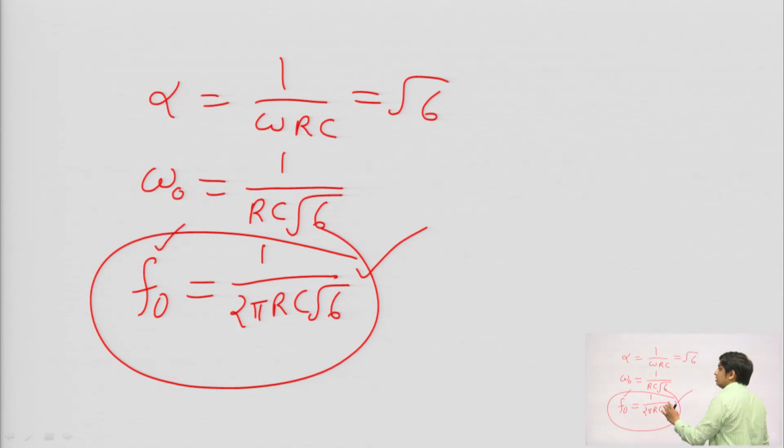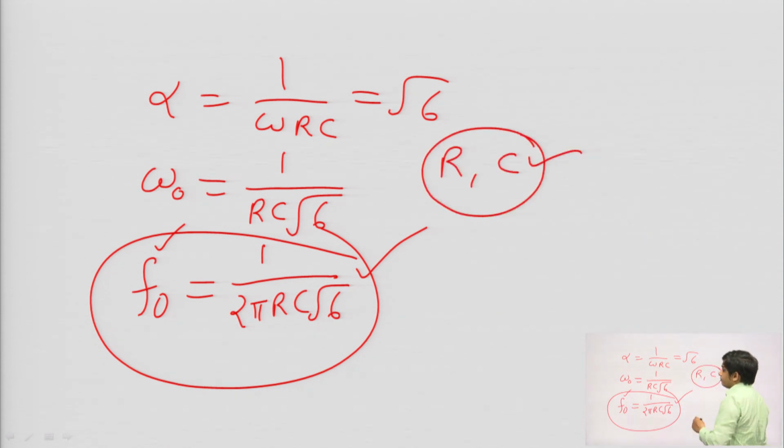Now, if we want to change the frequency, just change the value of resistor and capacitor, and accordingly we can change the frequency of the output signal. So, in this class I have discussed Wien bridge oscillator and phase shift oscillator. Both are RC type of oscillators and both are used at audio frequency, at low frequency. For high frequency we will use LC oscillators, that is Colpitts and Hartley oscillators.